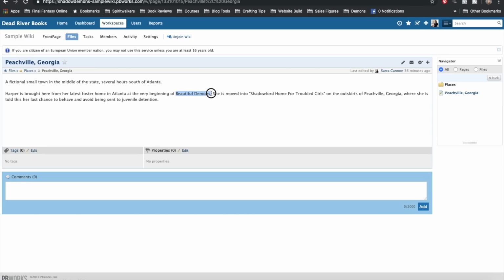And again, this would be another situation where I could edit this page and link to my Beautiful Demons page to show which book that was. She has moved into Shadowford Home for Troubled Girls. So again, this would be another opportunity to make a page in Places for Shadowford Home so that I could actually include a picture of what I thought this house looked like. I could include who lives there and who runs the place, and all of that sort of information. On the outskirts of Peachville, Georgia, where she is told this is her last chance to behave and avoid being